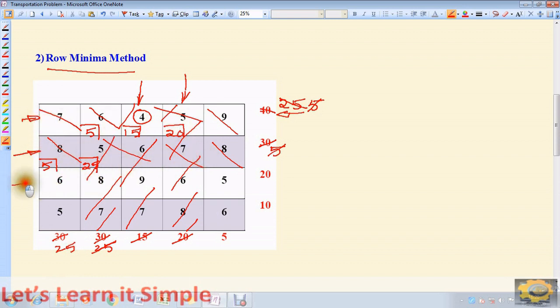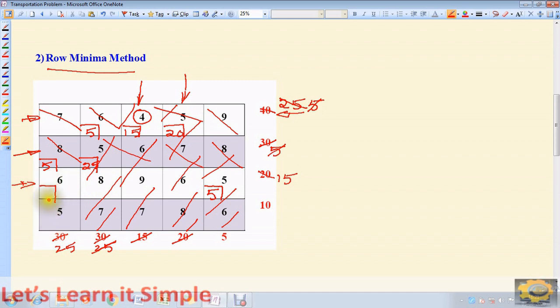Next, row 3. In row 3, we have 6 and 5 as the elements. The minimum value in the third row is 5, so I need to allocate here. You have to compare the corresponding value in that column, 5, along that row we have 25. 5 is the least, allocate 5. Again this column vanishes. Now this will become 15. And again we are left with only one cell, 6, that is the least. Therefore, this is selected.